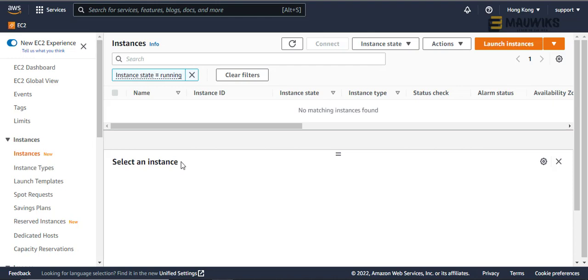Because I remember I have a tutorial about installing cPanel, but with the old user interface. So let's see if we can do that quickly. First thing is to launch an instance here. So I'm assuming you already have an